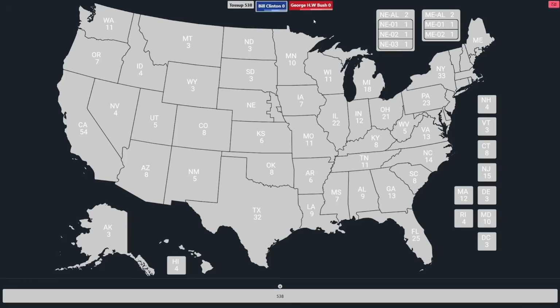Number 56 out of 56, including the districts. The widest margin in the country is, of course, going to be Washington, D.C. Clinton won that by more than 75%. The widest margin for Bush is in Nebraska's 3rd congressional district. He was able to win that by more than 26 points, and that was actually another one where Perot finished ahead of Clinton.